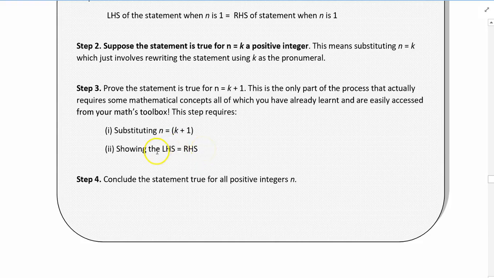Once you've done that, which I'm not dismissing because it can be mathematically challenging, step 4, you can then conclude that the statement is true for all positive integers. And that's it. So that is the process. Outlined for proving by mathematical